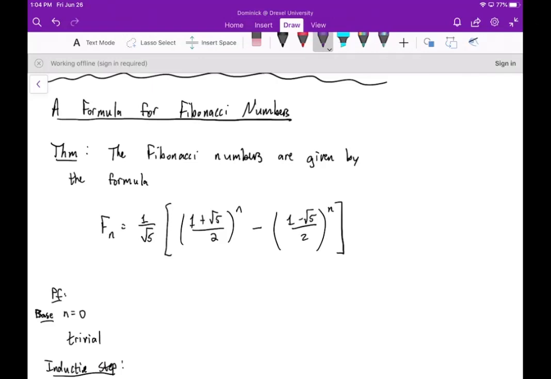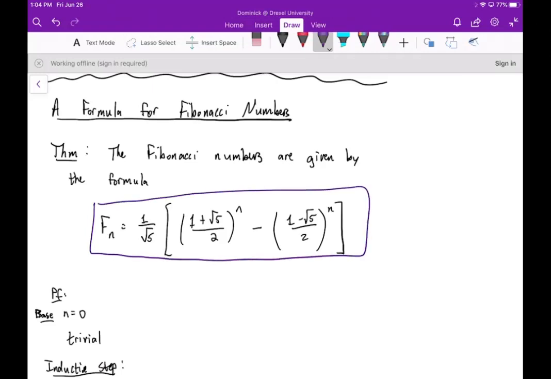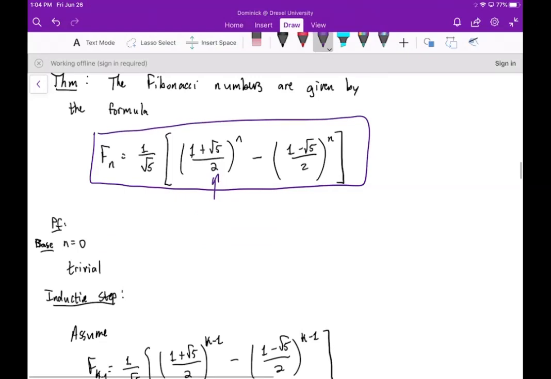Okay, the formula for the nth Fibonacci number is given by 1 over the square root of 5, times the difference of these two expressions here, right? So we have (1 plus square root of 5 over 2) to the n, minus (1 minus square root of 5 over 2) to the n. Now, for when n is equal to 0, this is trivial because you get 0 equals 0, right? Because this would become f0, which is 0, and these would become 1 minus 1, which is also